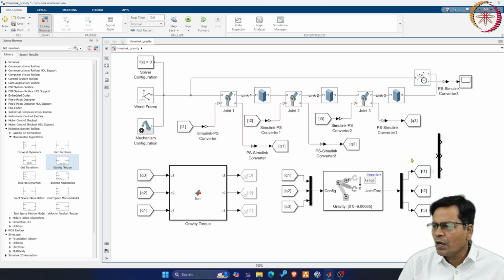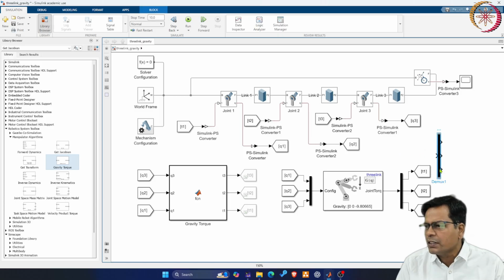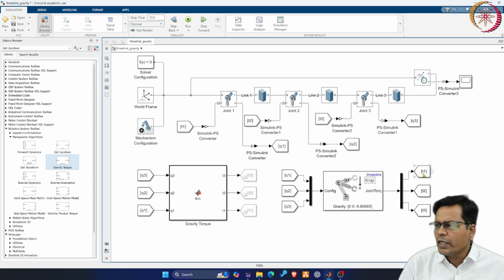Now it will take in the vector and split it into scalar variables, that are the joint torques T1, T2 and T3, that will finally go to this. You can directly delete this T1 block, use a Goto and From block, and connect it directly from here to here.